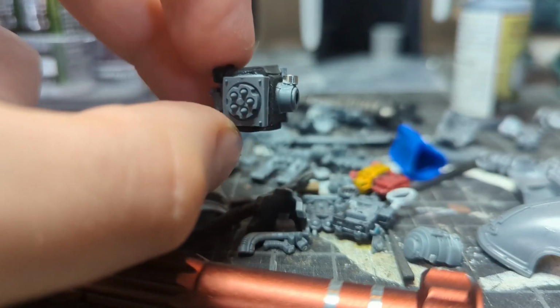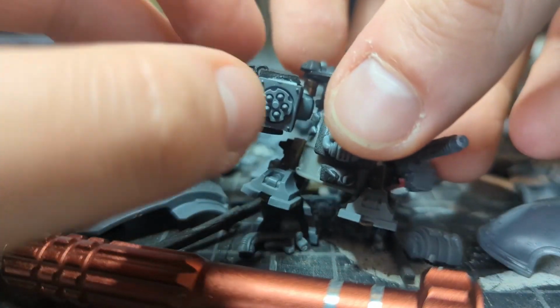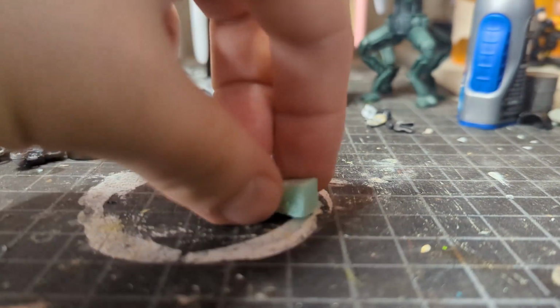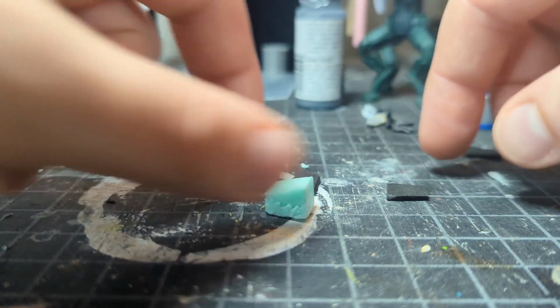I'm not going to show you how I make every single weapon. That's like the creative fun of this, is designing your own weapons. But I am going to show you how I made this missile launcher, because I think it came out super cool, and I had to make 2. So you start with a chunk of insulation foam and then some EVA foam scraps cut to be the same size as all the